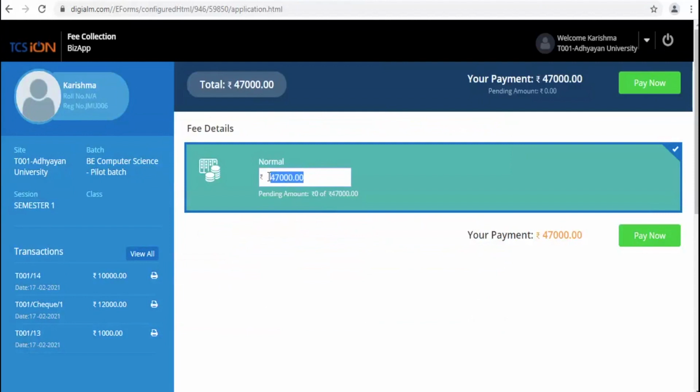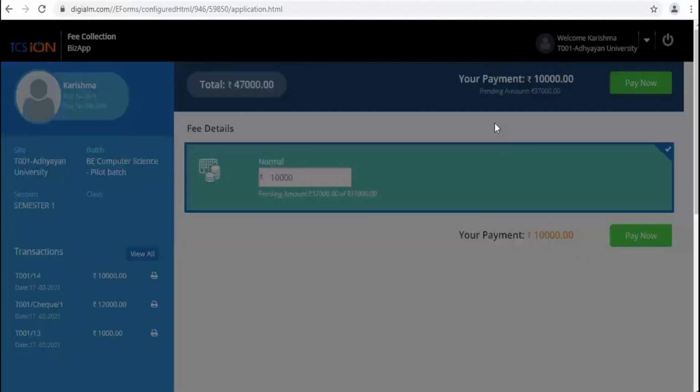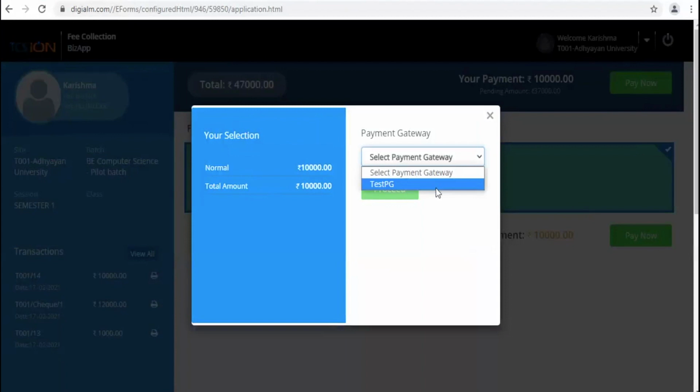Students will also have a provision to enter the amount they are willing to pay currently. So once they enter the amount that is to be paid by them or they are willing to pay at this point of time, they can further click on pay now, select the payment mode out of net banking, credit card, debit card, UPI, or wallet payment as well.